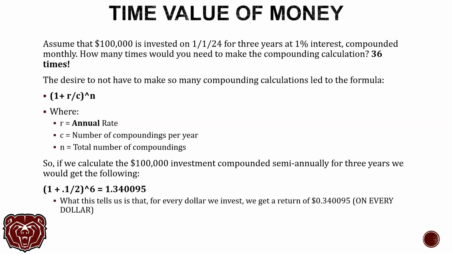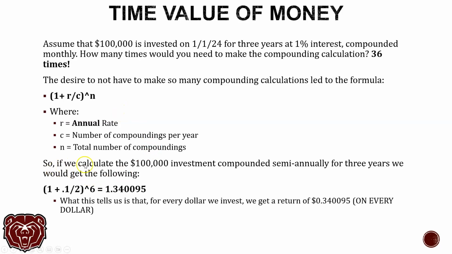So the desire to not have to make that compounding calculation so many times led to the following formula. This formula right here, where your annual rate is R, so the 1% in this case would be R, and then the C is the number of compoundings per year. So let's say we are compounding it monthly for 3 years. So the C here would be 12. There's going to be 12 compoundings each year. And N is the number of compoundings you're doing. If we're compounding monthly for 3 years, that's 12 times 3, that's 36. So your N would be